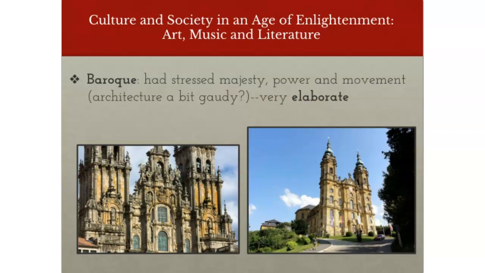Another popular form of art during this time period, in the 18th century, was Baroque. And you can see some Baroque architecture here. This stressed majesty, power, movement. As you can see, the architecture is kind of heavy, very elaborate. Maybe some of us would describe it as a bit gaudy. And so these are very popular